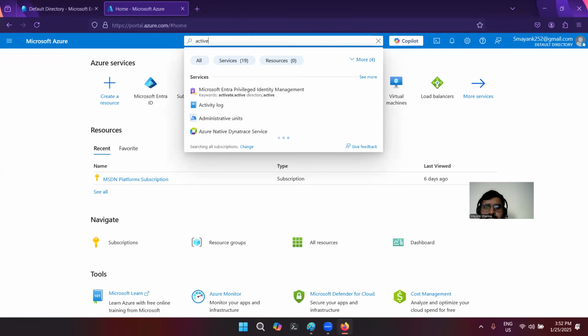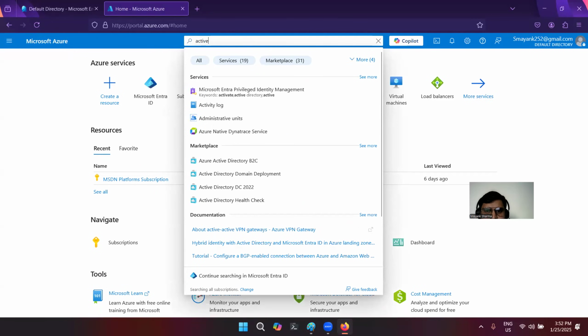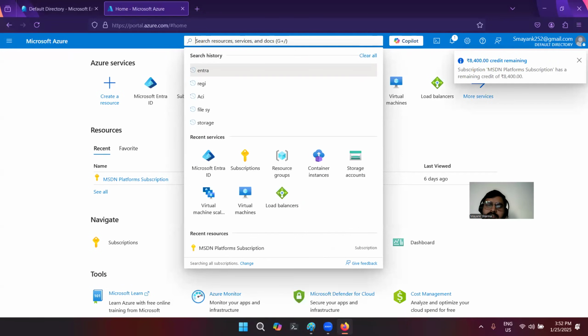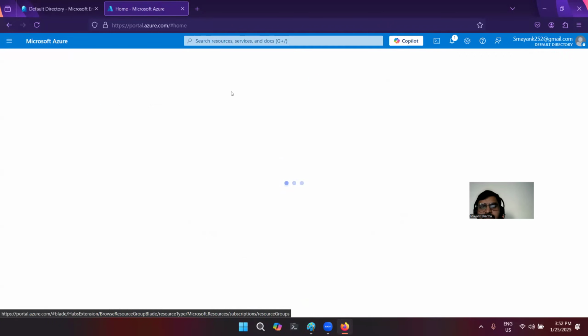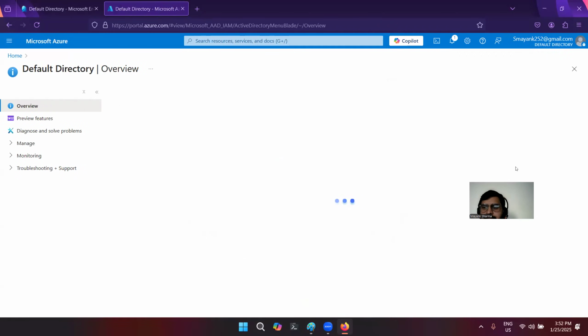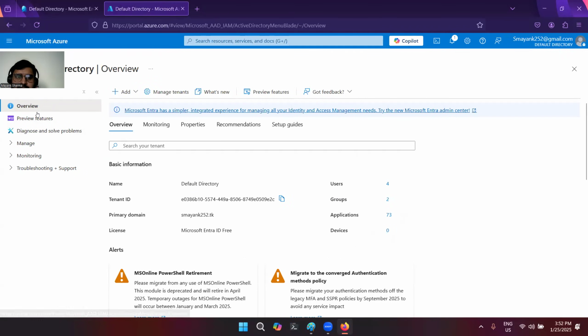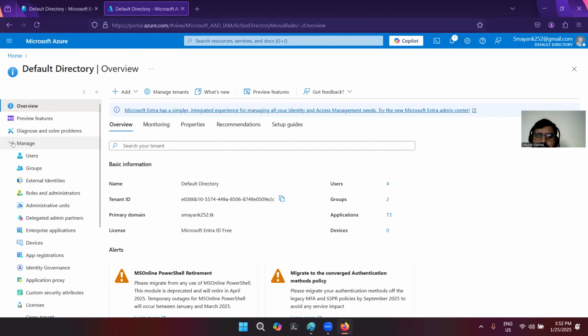I think they have also removed the Active Directory word, so now it's gone. You can simply write Entra, Microsoft Entra ID, and if you go there, we get the same page anyhow. So either you go to that page or to this site. This is the first thing.